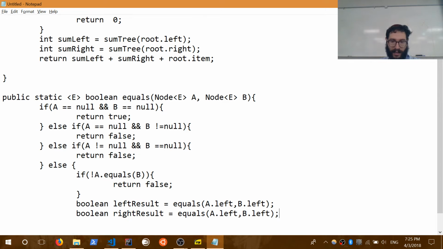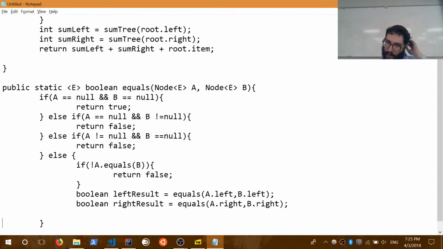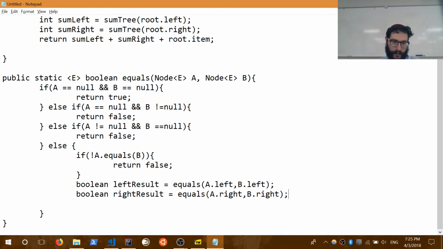Right result is equal to equals A dot right, B dot right, so now we check the right trees against each other. And now we return left result and right result. So if they're both true, then we return true. But if my left tree happens to be different or my right tree happens to be different,